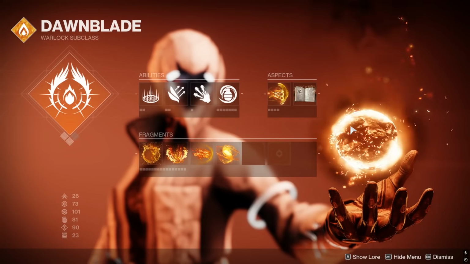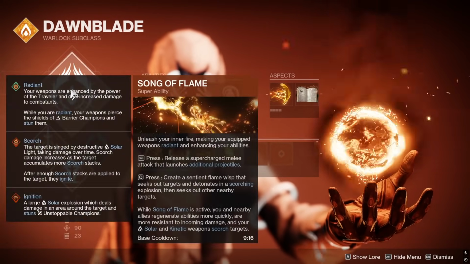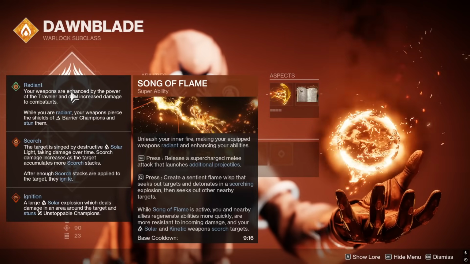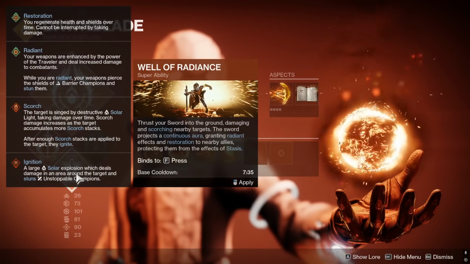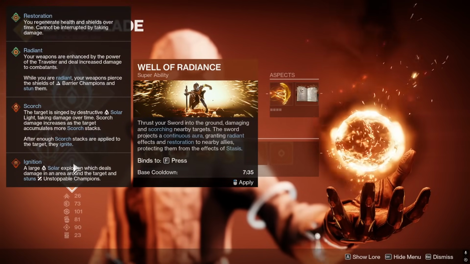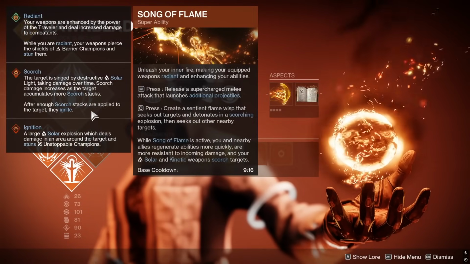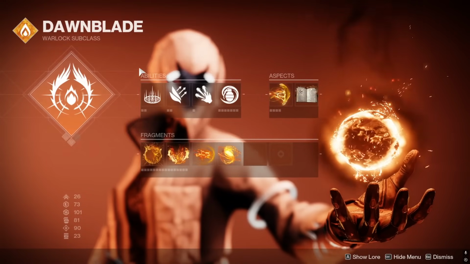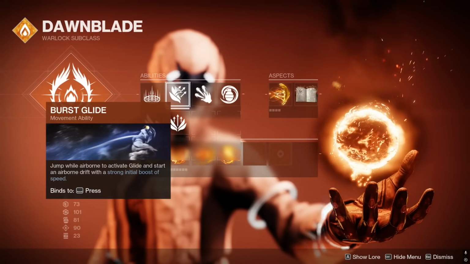The way I would build into it is I would go Song of Flame. I usually go Song of Flame for comp and trials, but if I really need it, I can go Well if I want to make sure I get my super first. But usually everyone else on the other team has Well on or a fast super, so I like to go Song of Flame just because I usually get it when it's actually a 4-4 match. So when I need it, you know what I'm saying? And I go Healing Rift, Burst Glide,